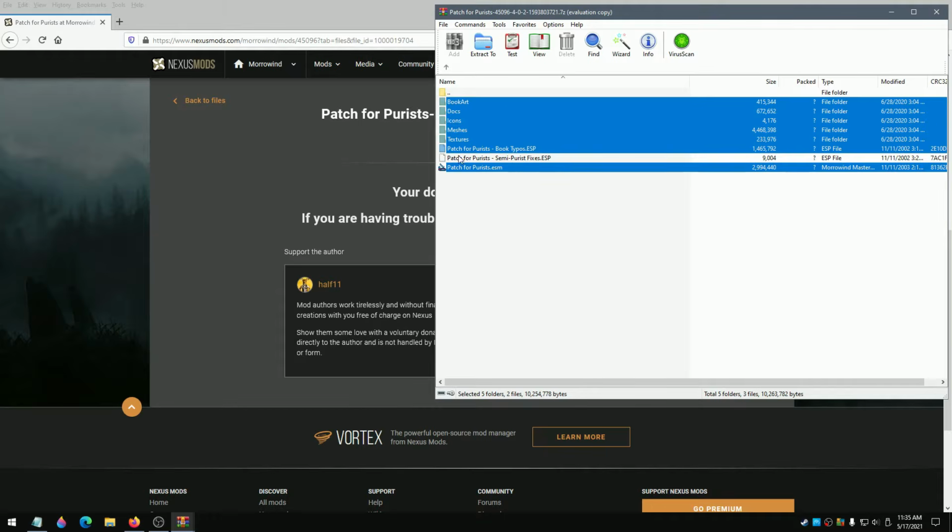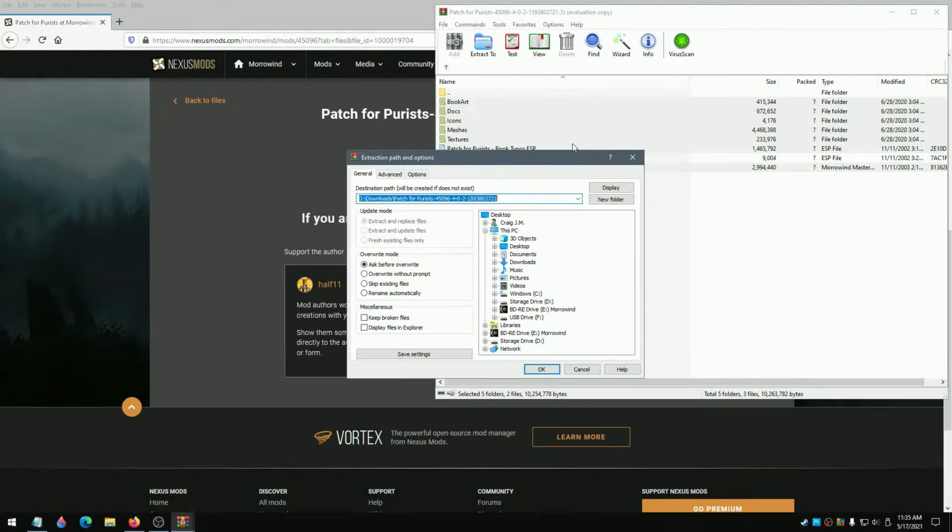But the semi-purist fixes are some game setting modifications, things that aren't vanilla, so it's optional. You don't really need them personally. You can get them if you want, but I recommend not getting them if you want the game to be vanilla. And then again, you would right click, extract to specified folder,